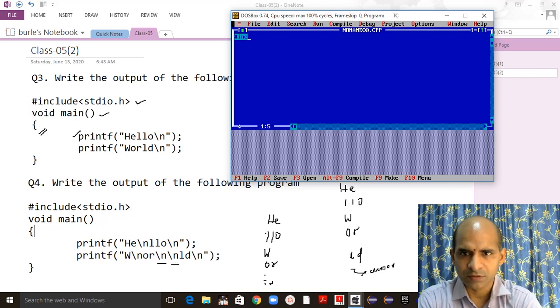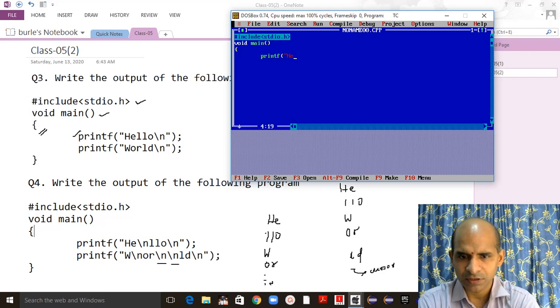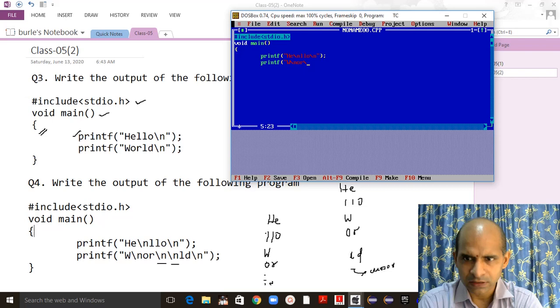So hash include stdio.h, void main. So printf he slash n llo slash n, double quote, bracket close, semicolon, printf w capital slash n or slash n then ld slash n.